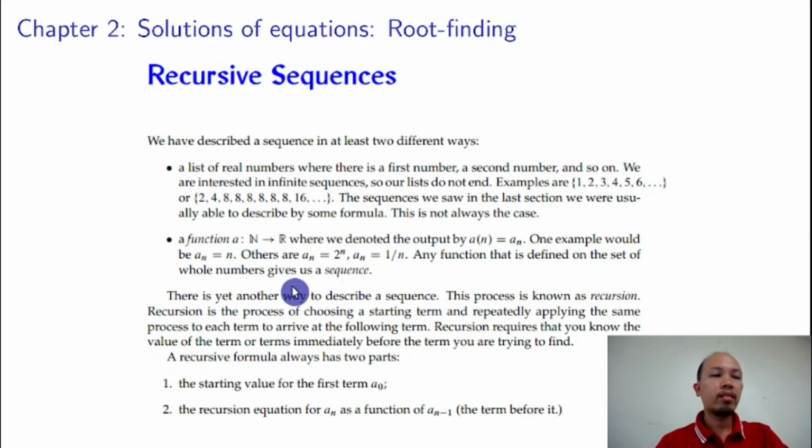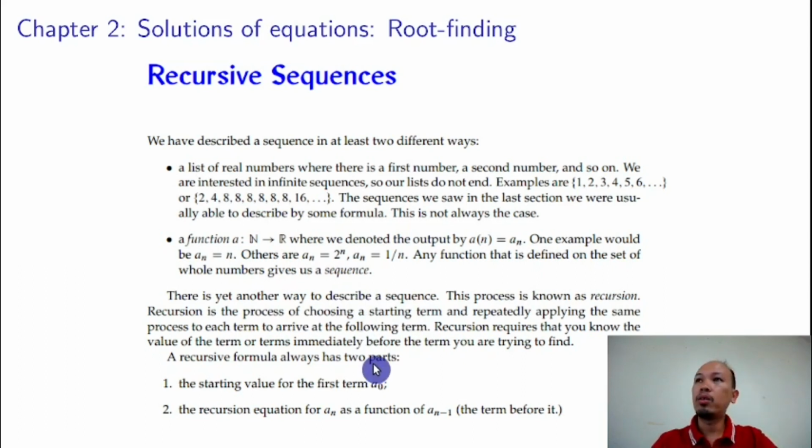And since we already know the definition of a sequence, there is another way on how to describe a sequence, and this way is what we call recursion. So it says here, recursion is the process of choosing a starting term and repeatedly applying the same process to each term to arrive at the following term. Recursion requires that you know the value of the term or terms immediately before the term you are trying to find. And maybe in your